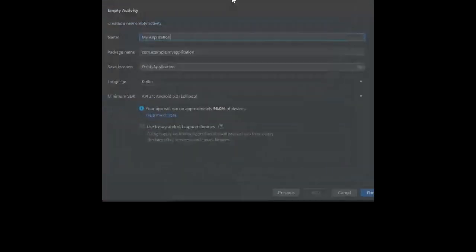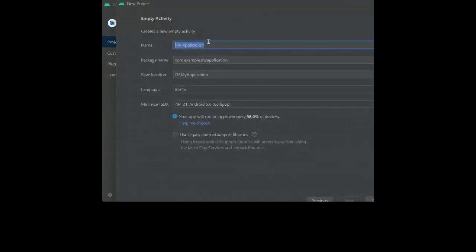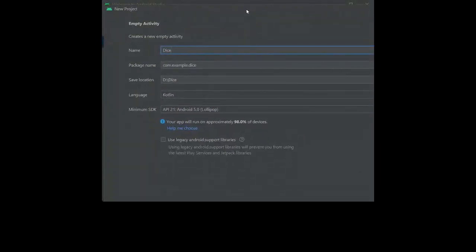So here you can see the first option is the name of your app. So for this, I will just tell you what we are going to make today. We are going to make an app which will be used to roll a dice. Like you click a button and it randomly rolls a dice, and the dice will show a random number from 1 to 6 on it. So that is the app which we are going to make today. So first I will just name my app dice rolling app. So then I will say finish.